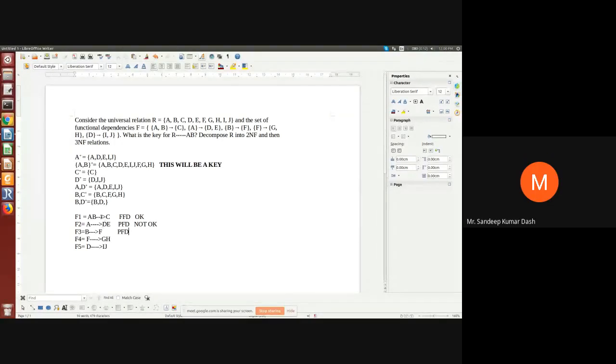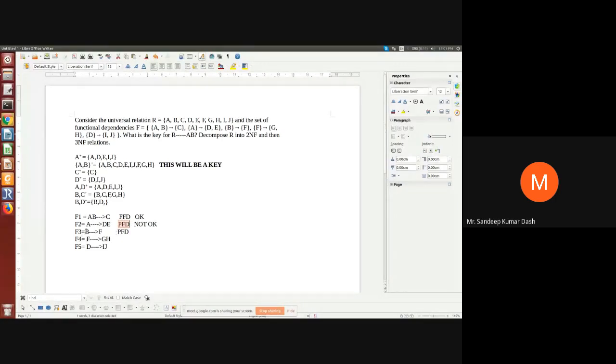Are you getting all? Because this was a key. Key means the X side is a key, which means C is fully functionally dependent on both. Here D is partially functionally dependent on the key because only A is there, there is no B. If it is dependent on the key, it should be dependent on both attributes, because the key contains both attributes A and B. It is only dependent on A. That is why this is called a partial functional dependency, which is not okay as per the 2NF terms.